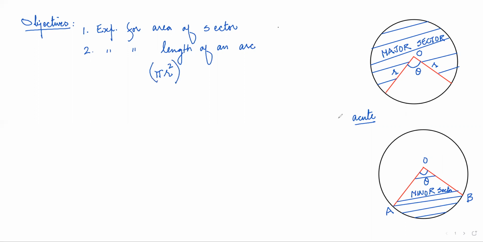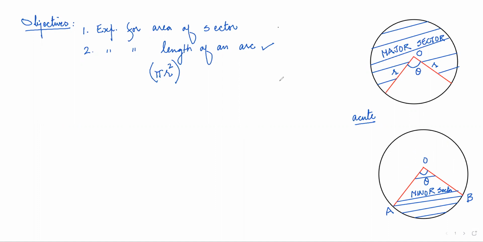Now the question is how we can find out the area of a sector. Let's say we want to find out the area of this minor sector. So automatically when we subtract this area from pi r square, we will get the area of the major sector. Beautiful. Now students, we want to understand how to find the length of the arc in order to understand the area of a sector.